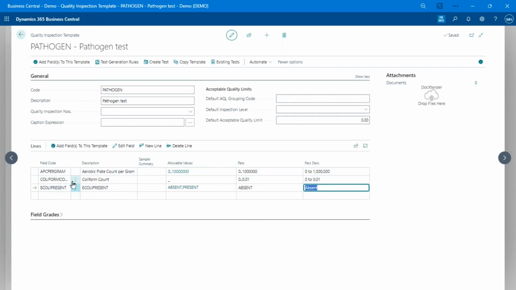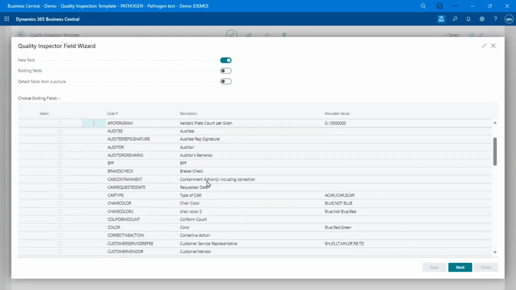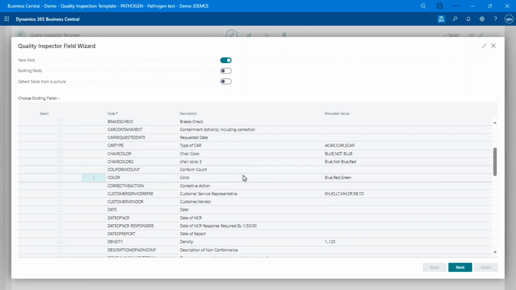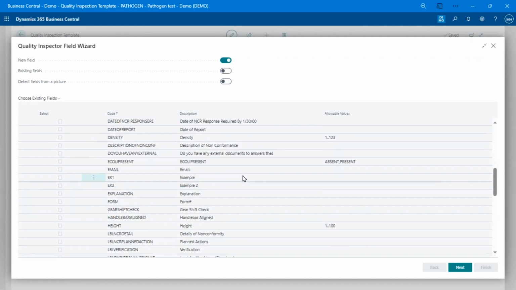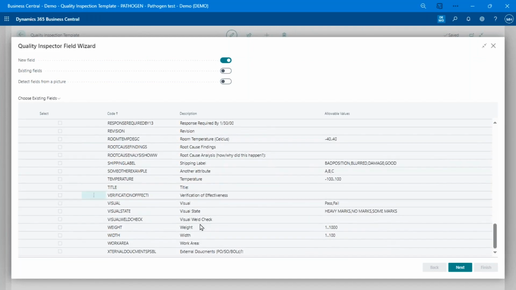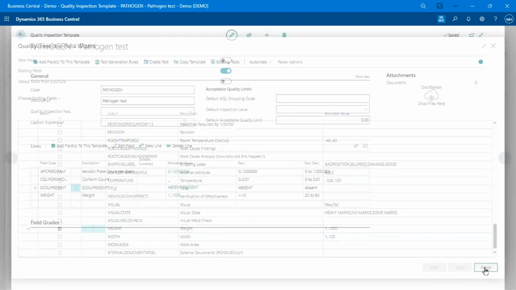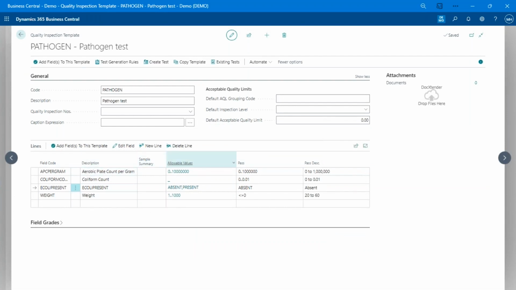Now these fields, you get to create those fields yourself, right? Or add fields. If I needed to capture some additional information on this, I can just add fields to this template, and I can either create a new field from scratch, or I can use an existing field. So maybe I want to do weight or something like that. I want to measure the weight of this particular thing. So I could come in here and say, I just want to reuse this weight field that matches my criteria, and I'm going to hit finish, and it's going to add that field on there. So you can build up whatever you like.